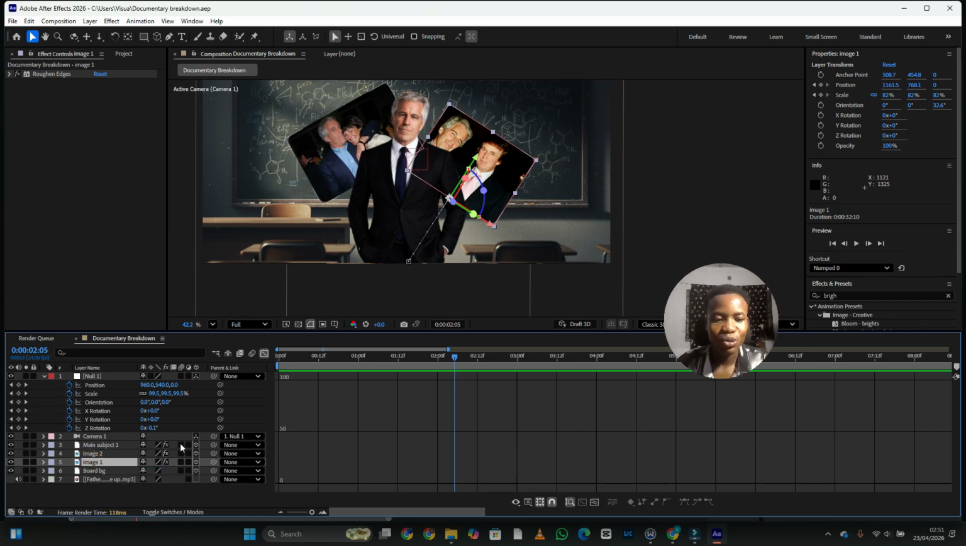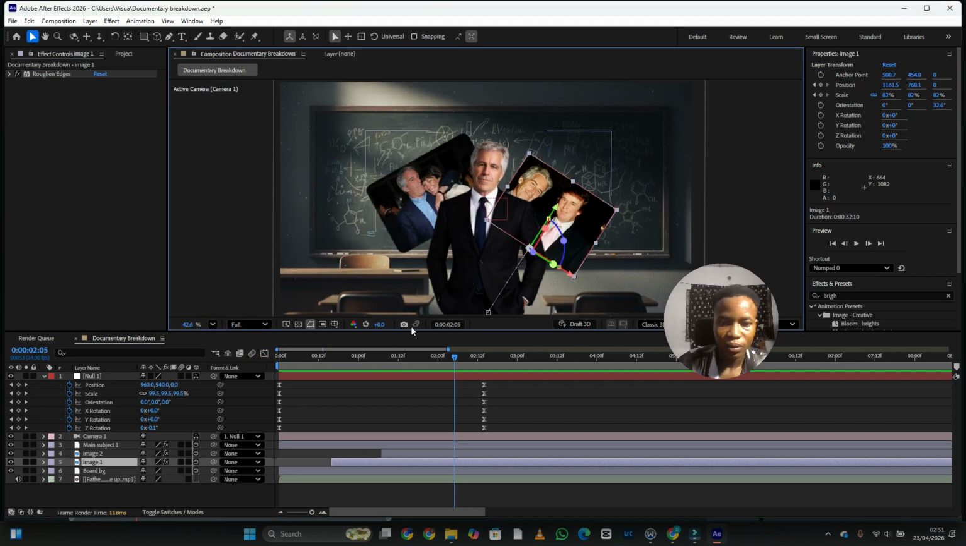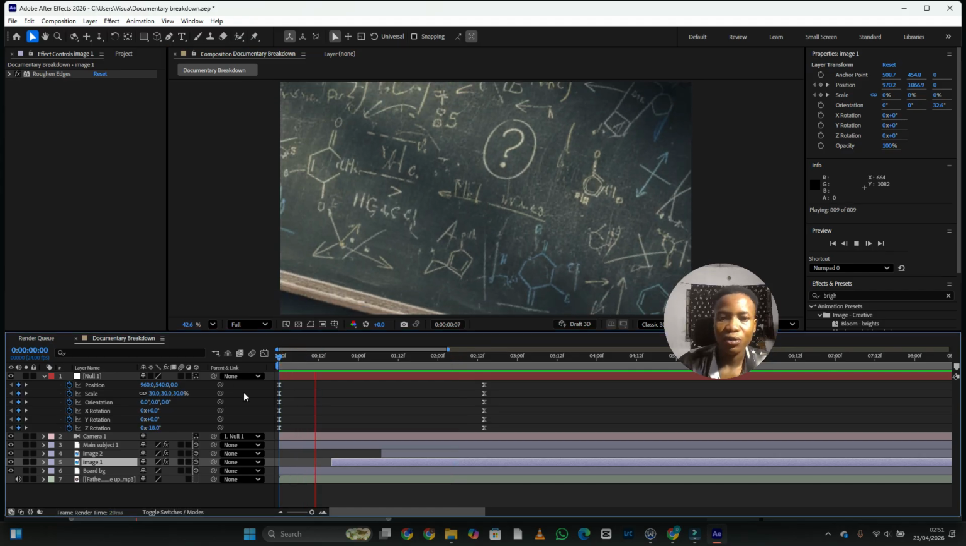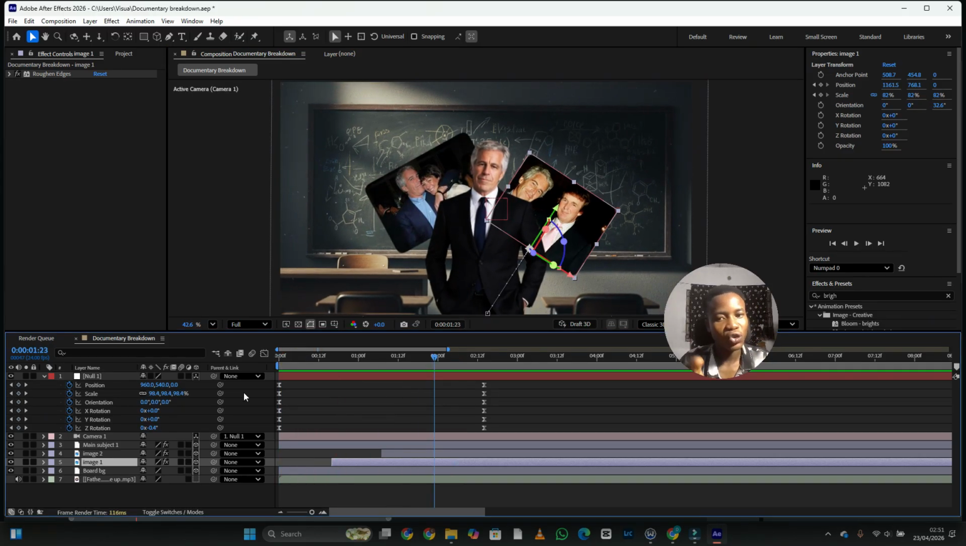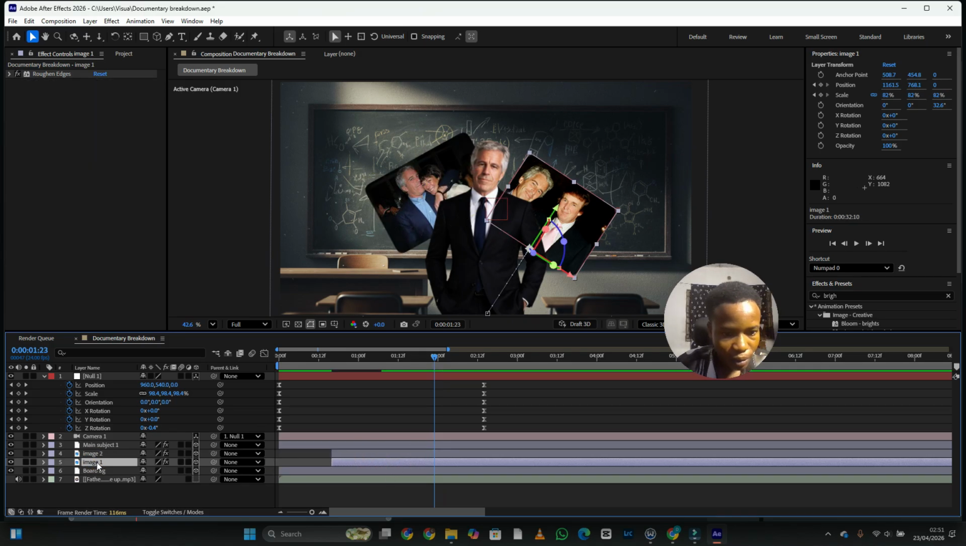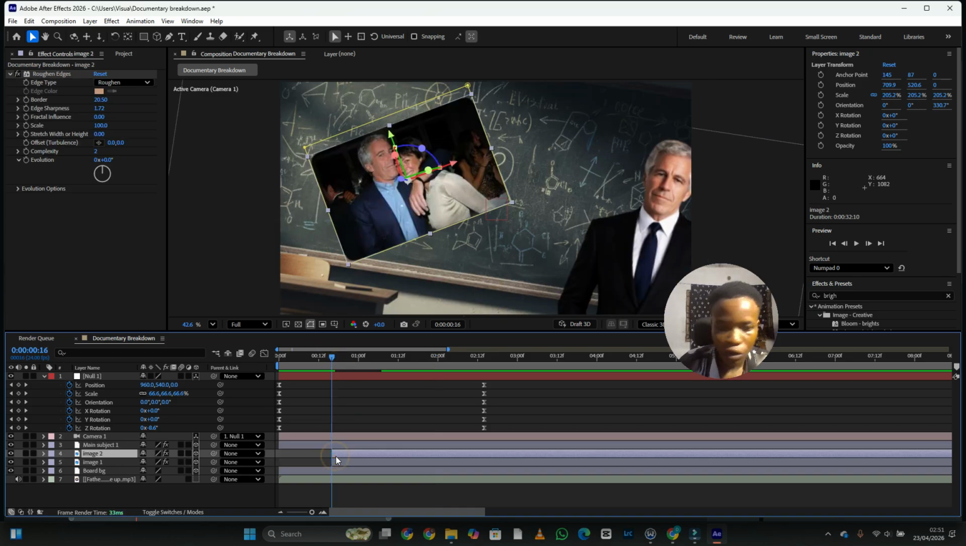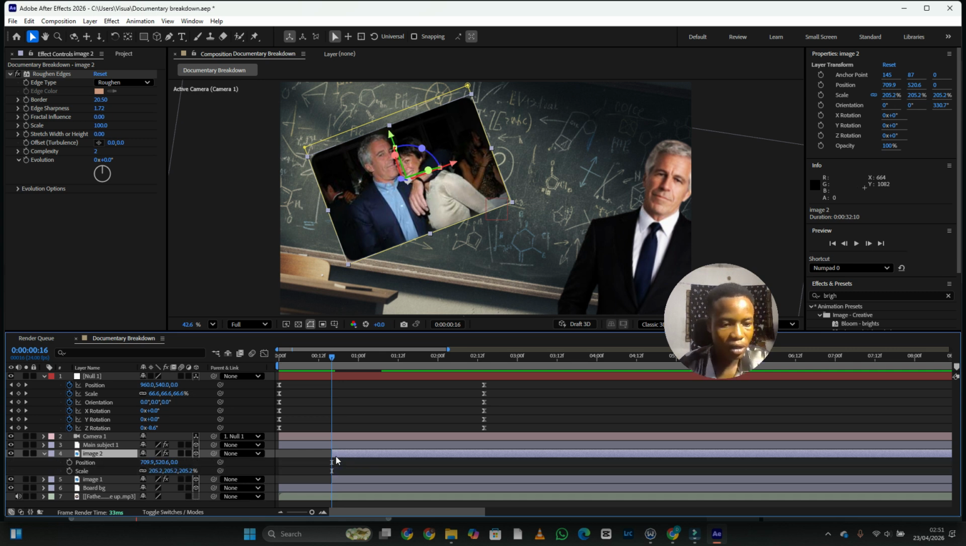So I'm going to do the same thing too for image 2. For image 2, we'll do the same thing. So I'm going to move this to this point and open up position and scale. You keyframe both,